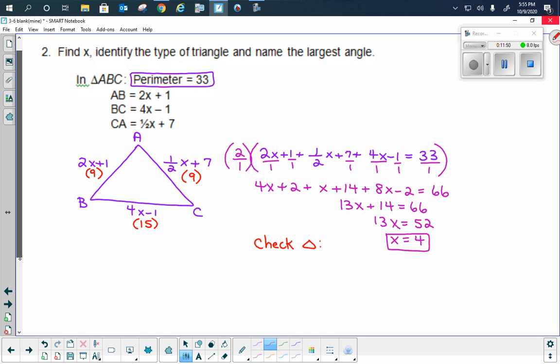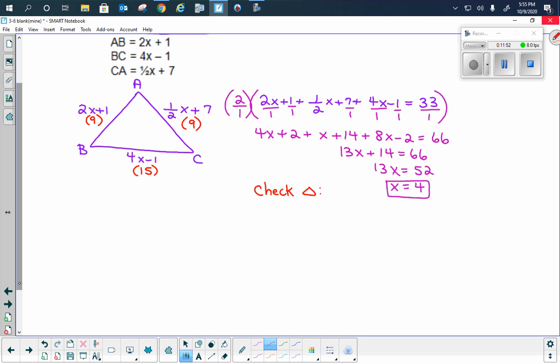Okay, and that's all you're going to see me write. So the 2 smaller sides are supposed to add to be greater than the third. So the 2 smaller are the 9 and the 9, has to be greater than 15. Don't stop there. Is 18 greater than 15? And yes, it is. Therefore, it's a triangle, which means you keep going with the work. Now that it is a triangle,